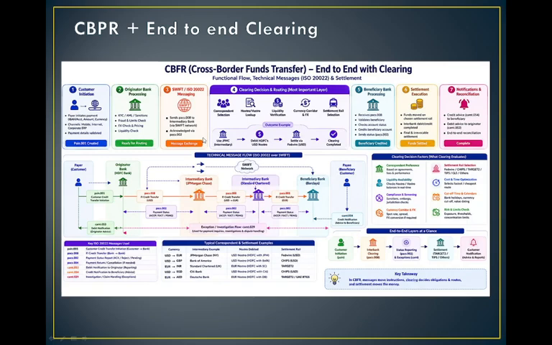That's a very high-level diagram, you can say. If you go some level below, the technical message flow, how exactly it happens, is also explained very nicely here. Before I go there, on the right-hand side, if you see,